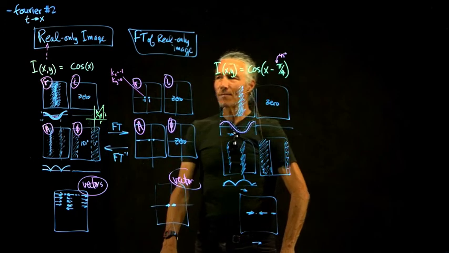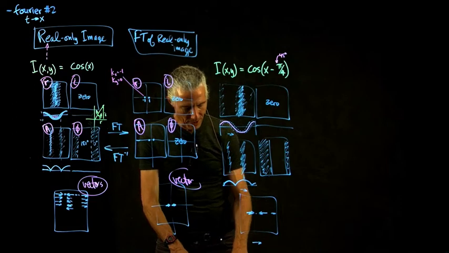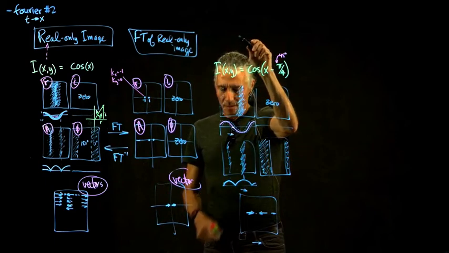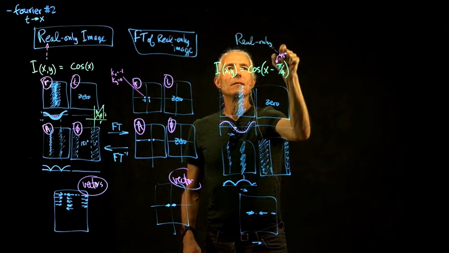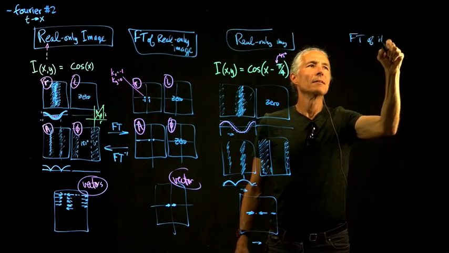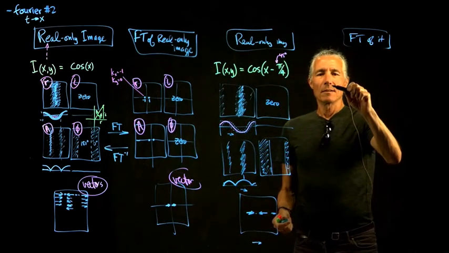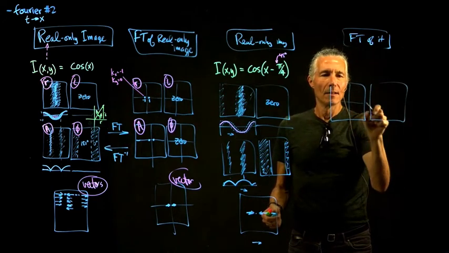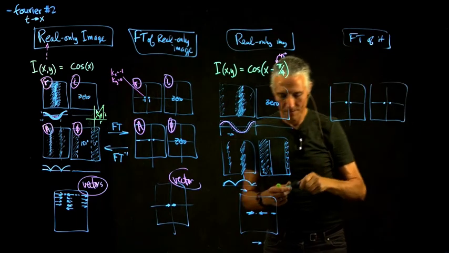Okay, so now what happens when we take the Fourier transform of that? Interesting thing happens. This is real on the image, and the FT of it. So what's going to happen now is we're going to have 2 points here for the real image, but we're also going to have 2 points here for the